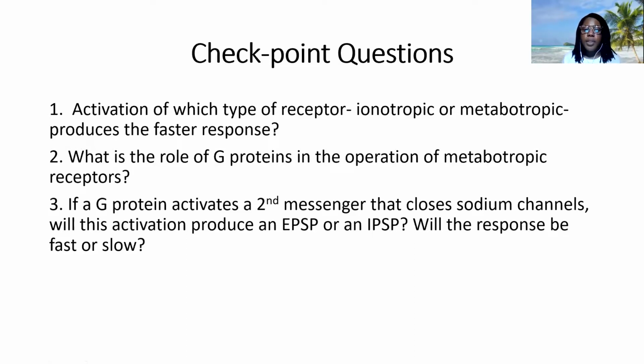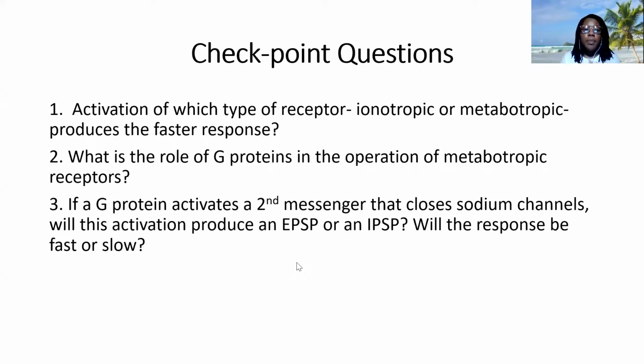So what is the role of a G protein in the metabotropic mechanism? Okay, yeah, so it's going to activate the enzyme. That's absolutely correct. So we said a part of that subunit would dissociate off and it would activate the amplifier enzyme that's responsible for generating the second messenger. So it's pretty much one of the intermediate players that will pass that signal from the receptor once the neurotransmitter binds to the enzyme that will help to generate the second messenger.